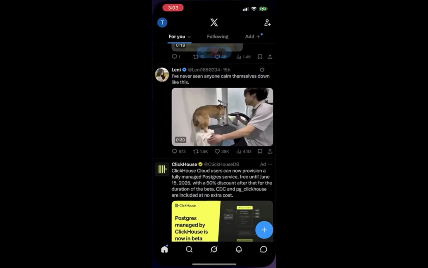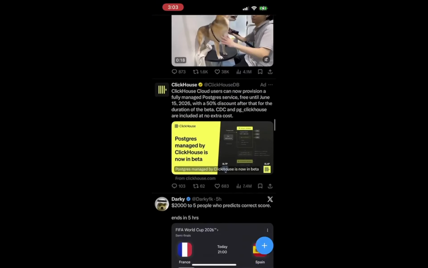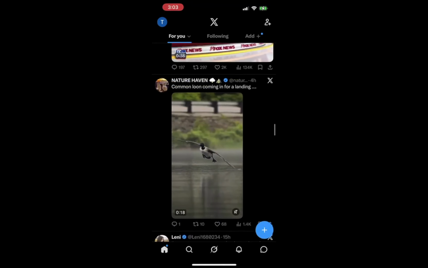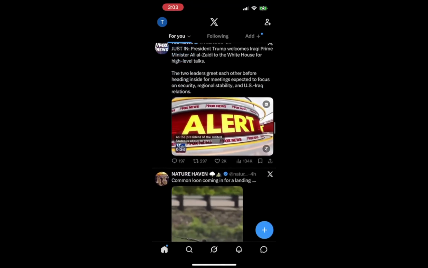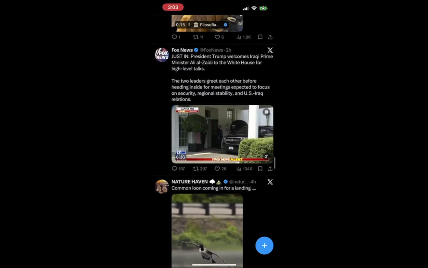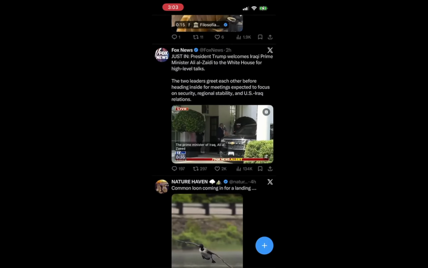Once you tap it, the app will load your timeline. You will see tweets from accounts you follow, trending topics, and more. This is the starting point for setting up your alerts. Getting familiar with the interface is essential because alerts will help you stay updated on important interactions and events.